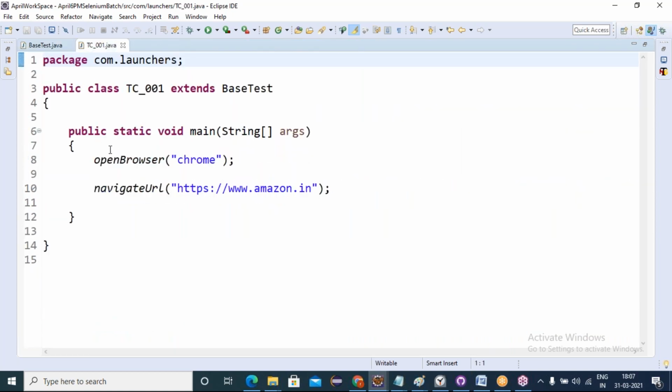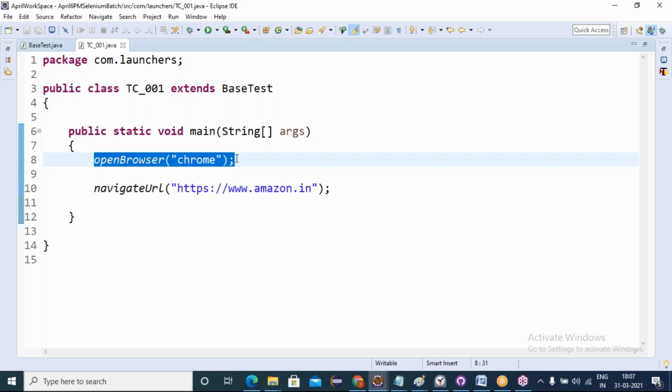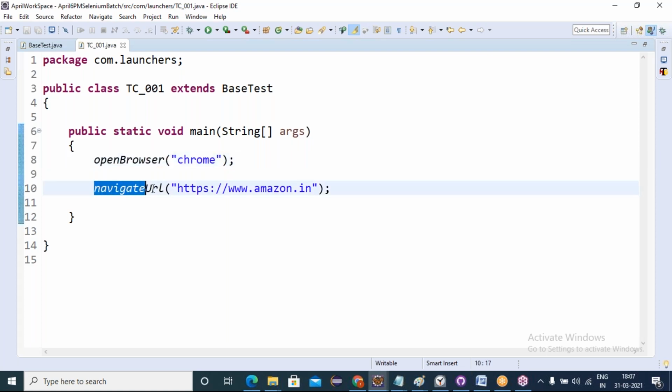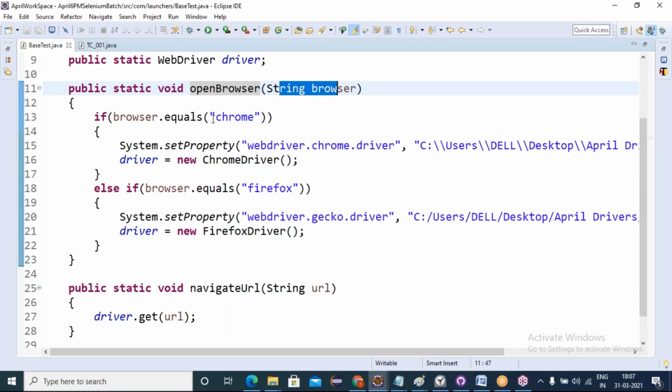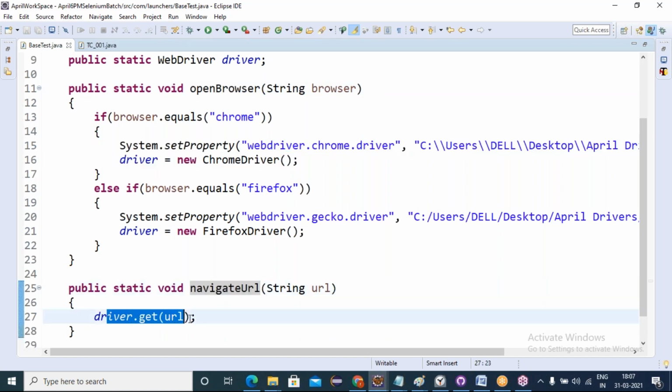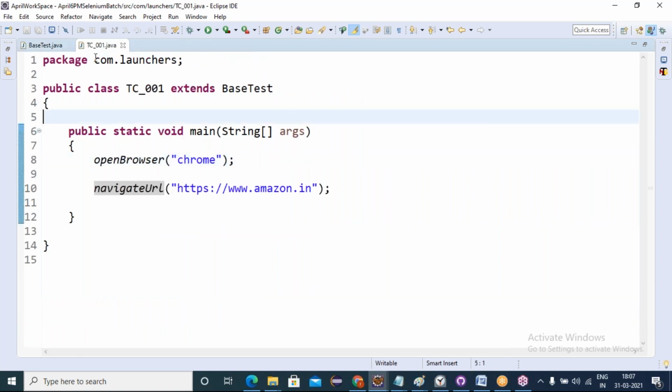In your test cases, first you call the method to open the browser, passing the argument for which browser to execute, and then navigate to the URL, passing which URL to navigate to. Based on the arguments, the method receives the parameter, checks which browser to initiate, and calls navigate URL to navigate to the respective URL. This is what we saw last class.